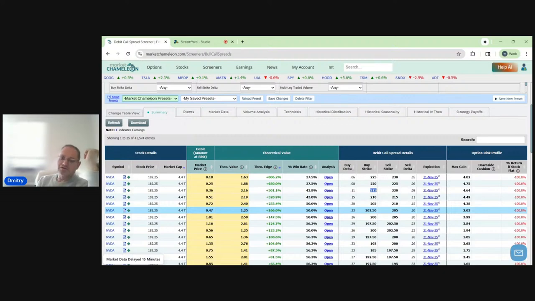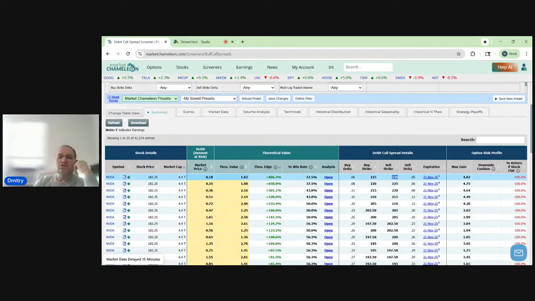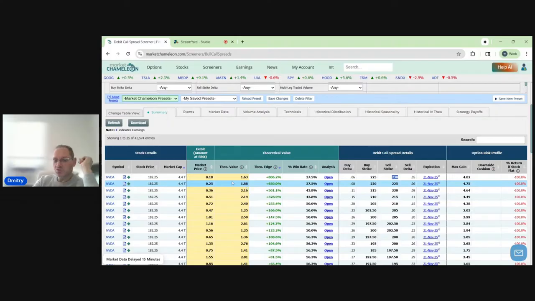You could buy a call spread and it could go down to zero if it's completely out of the money, or in the best case scenario, the stock's above both strikes, the higher strike, where it's completely in the money. So here you could see that in NVIDIA, the November 21st, 225, 230 call spread,